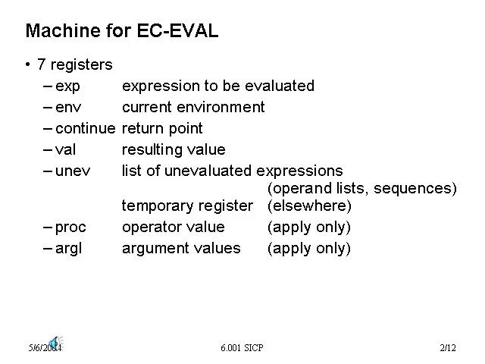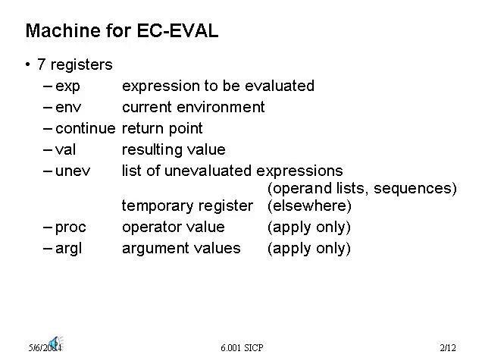I'm going to have a register called exp for expression. It will hold the expression to be evaluated. Similarly, I'm going to have a register called env for environment, which will hold the current environment. I'll have a continue register, as we always have before, that holds the return point. I'll have a 4th register called val, that is going to be the place into which I store the resulting